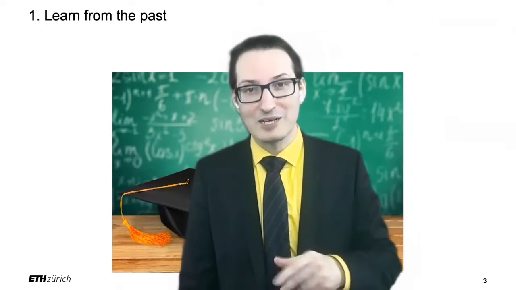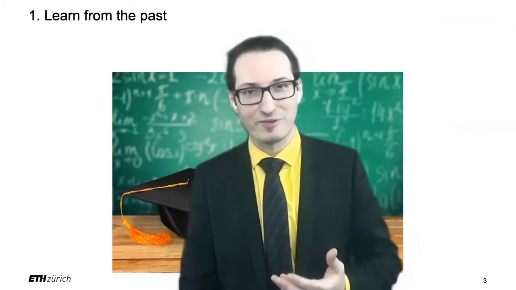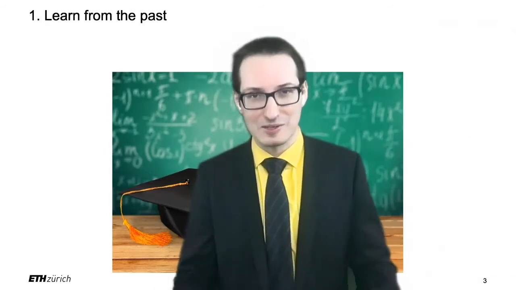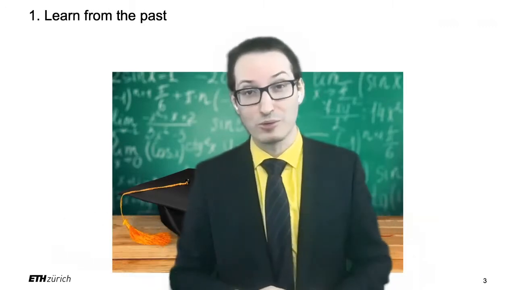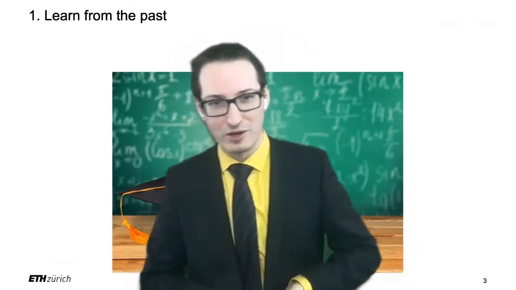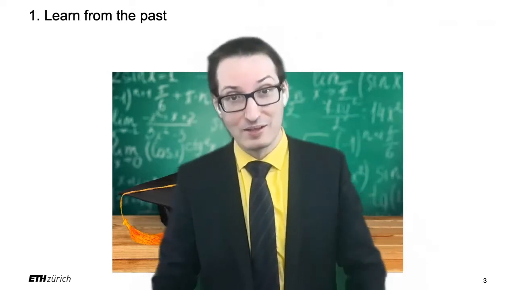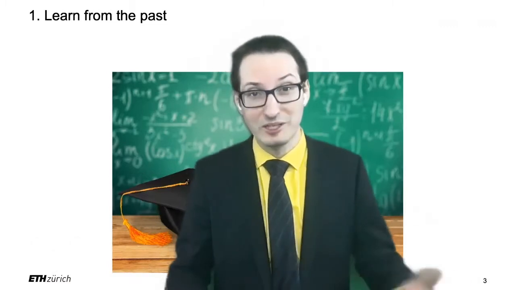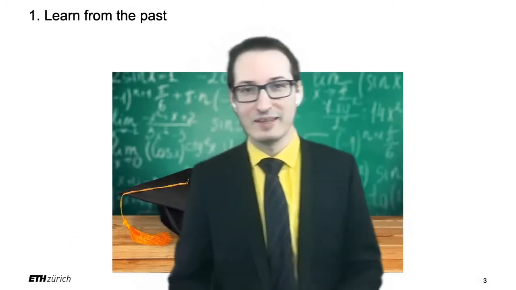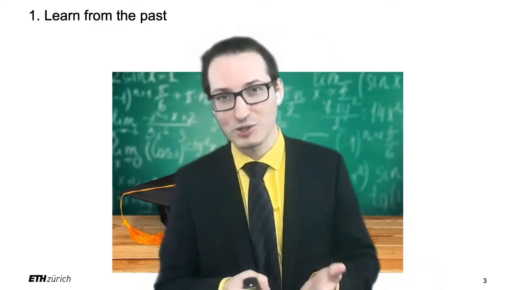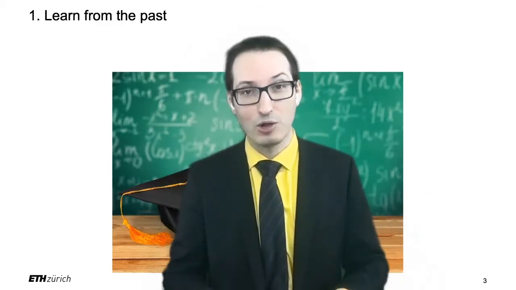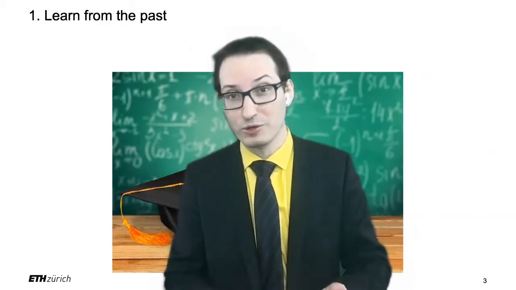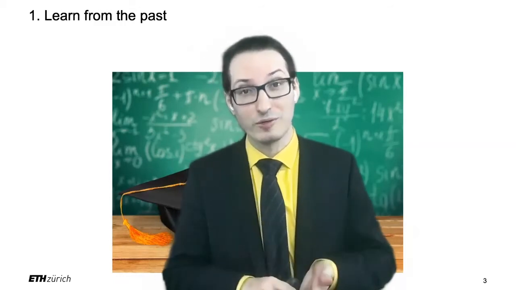I would like to summarize a few of the lessons that we have learned so far in the big data lecture since the very beginning, the high-level lessons that will also drive us through the rest of the lecture. The first lesson we've learned is to learn from the past. There is so much that our ancestors have done. They have made mistakes that we don't need to repeat, so we can learn from them. And in that case, it means with relational databases. Relational databases are 50 years old. We can learn a lot. So this is why we looked into SQL, into normal forms, the relational model that is also there in HBase and so on. So we need to learn from the past.